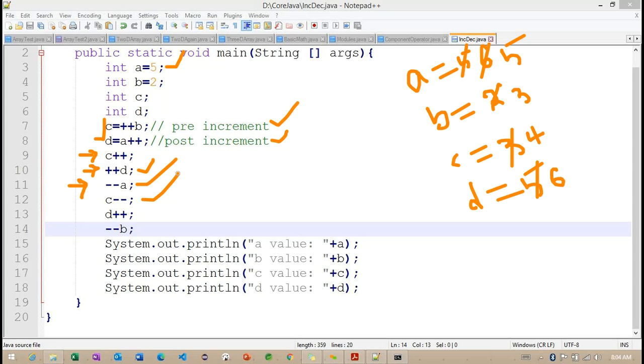Getting the point? So whenever we come out of this line, the C value is going to reduce to 3, because we are working with the post decrement operator.